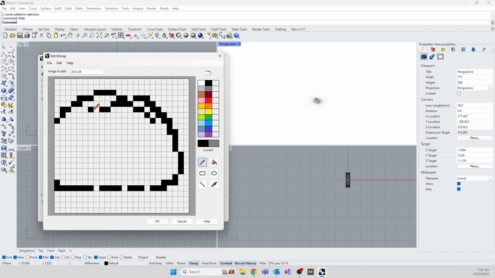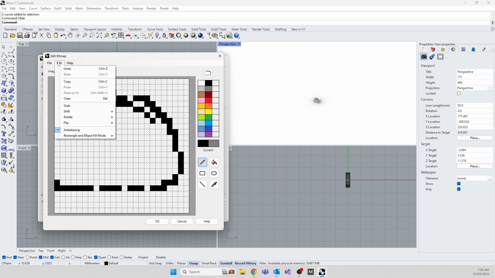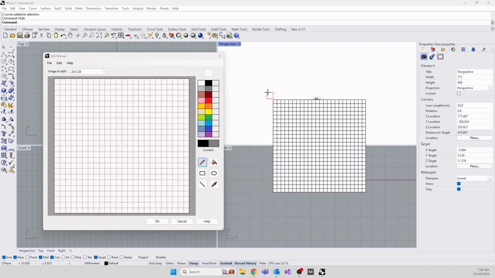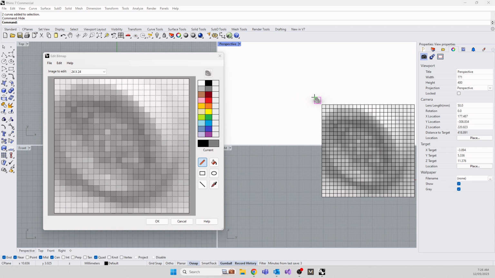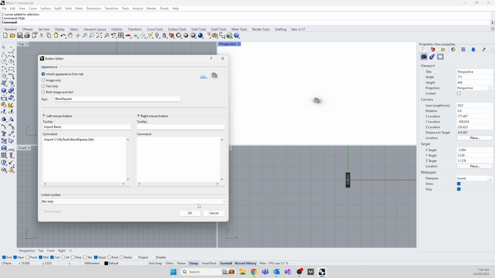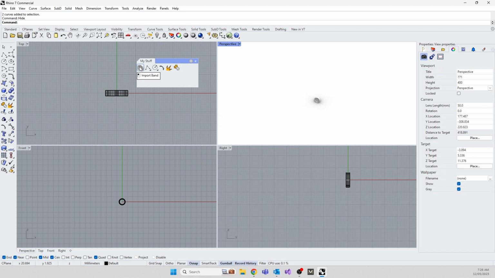How do I clean? Oh my goodness, I can't clean it. Anyway, so we're going to go snap one. You can see a little preview of your icon there. There is a snapper over here. File, edit, grab. So you see a little grab over there? It's going to open a square that's going to allow you to grab that image. Okay, it's not the best image ever, but you can now click OK, and you can click OK, and so now in your tool menu,